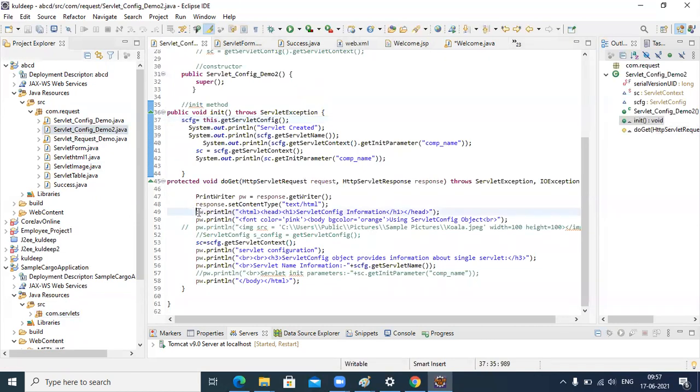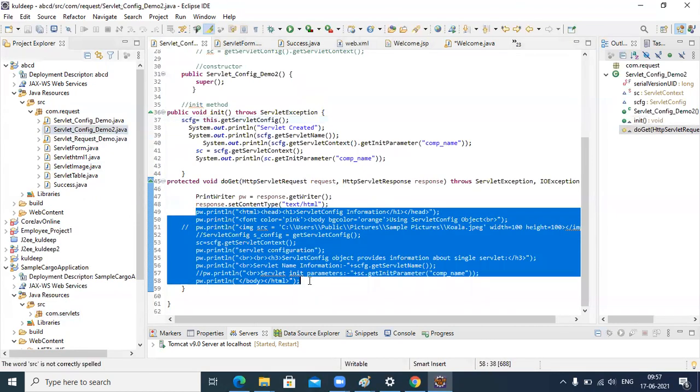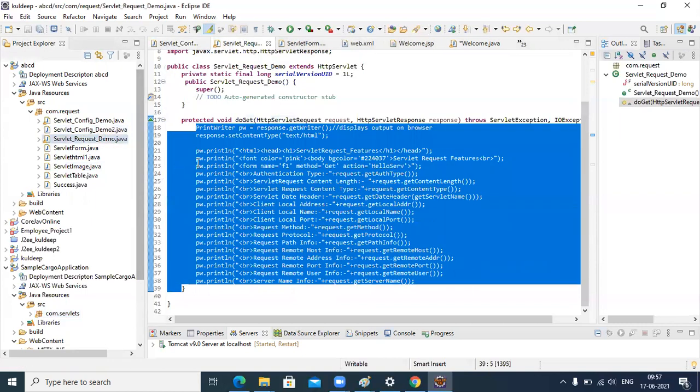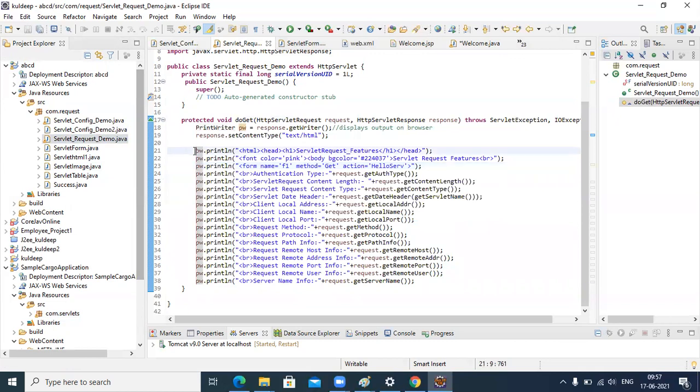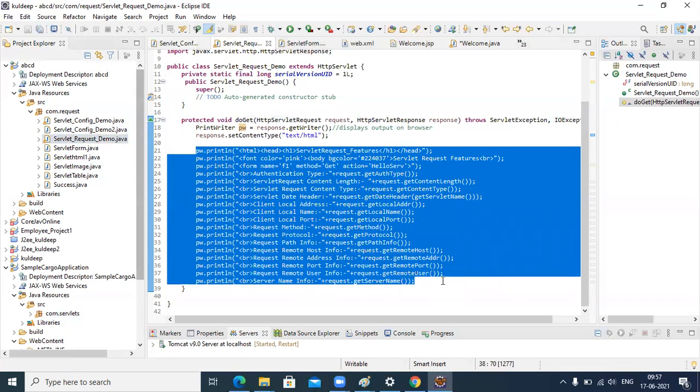So I want to print these things. I want to display all the information related to the servlet request. So let me copy this.